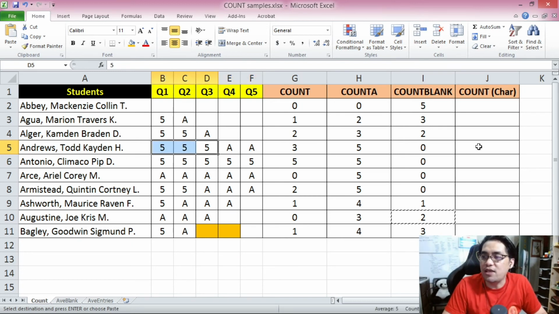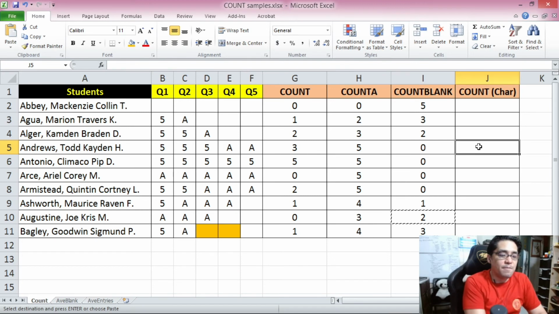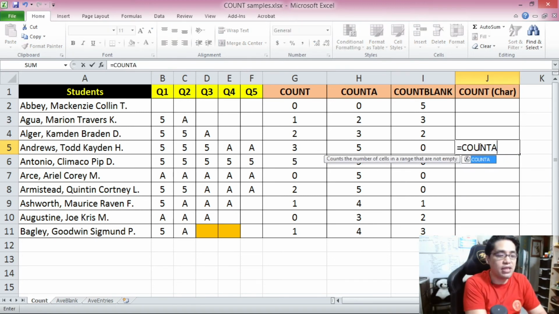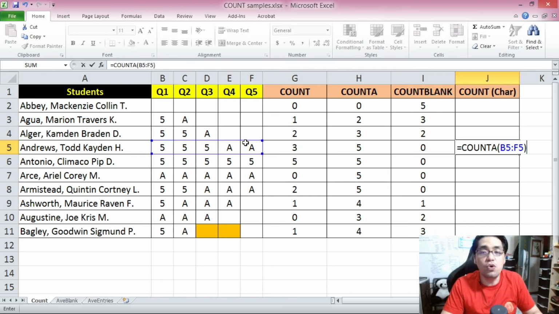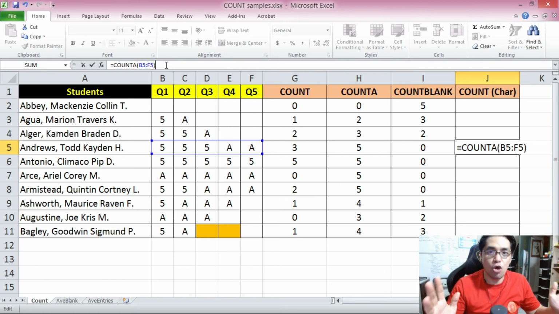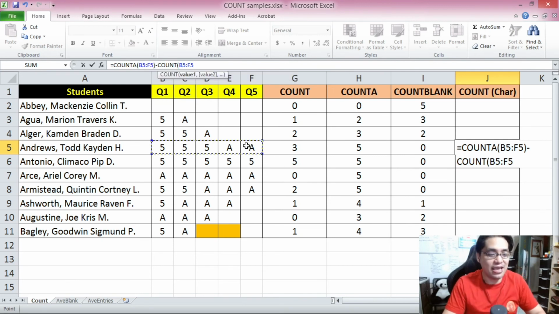So what you do is, first of all, you do COUNTA for this range here. You already know that COUNTA is going to count all of these characters because they are not blank. So after you ask Excel to count all of the cells that are not blank, then you subtract, minus COUNT of the same range, like so.